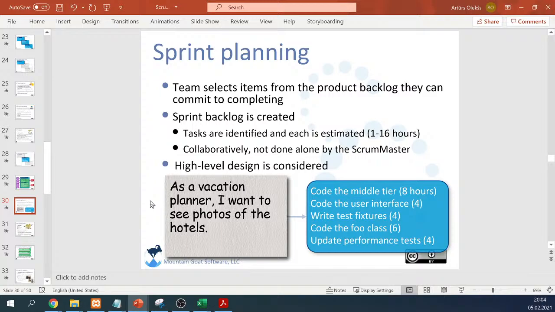We have the items on the backlog. The first item is that we need to create the code, which is called middle tier. Then the next one is called the user interface, and code which writes test pictures. Then the code full class, update performance tests. So basically we have one requirement, but the solution for this requirement is split into 5 different items which are placed in the backlog. And we may have multiple such requirements